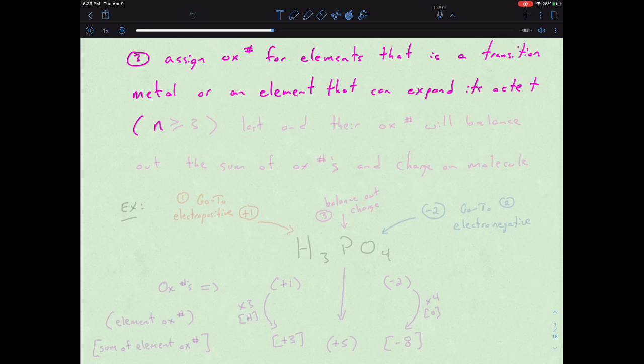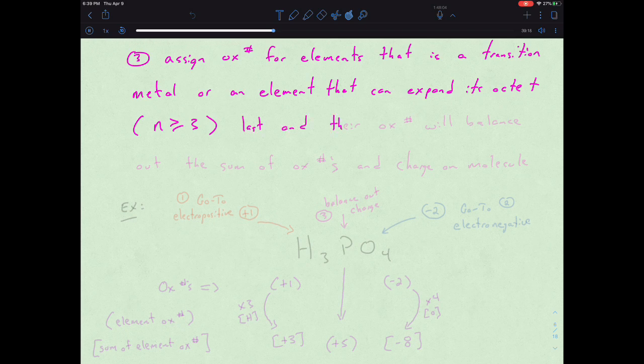Remember that before: an element in the principal quantum level greater than or equal to 3. So save those for last. So assign the oxidation number for those elements last,